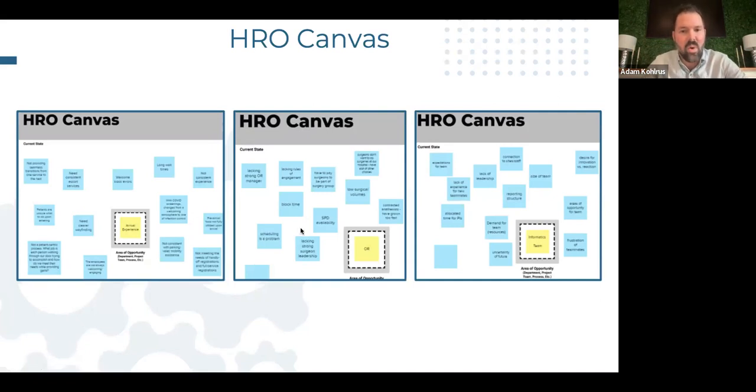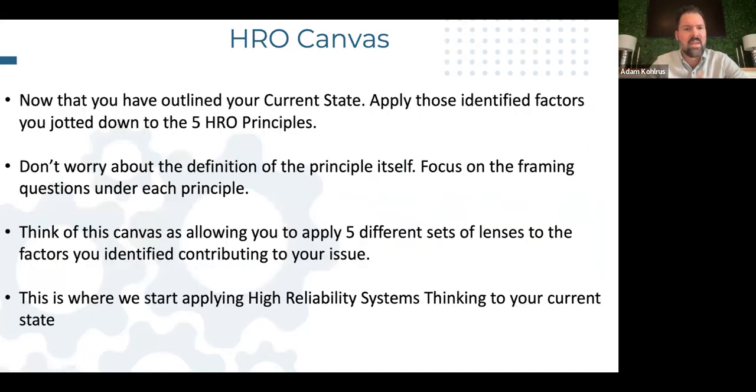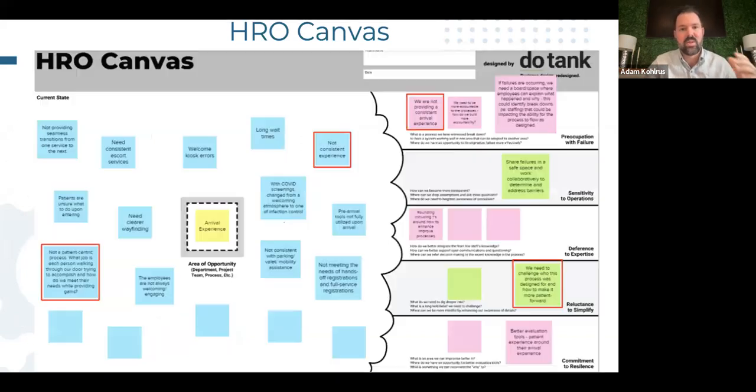So this OR team was saying they have low surgical volumes. They don't have a strong OR manager. Scheduling is an issue. So we're just giving them a chance to brainstorm and dump all the bad things out on the table. And that's the first part of the high reliability assessment itself. And then what we're challenging them to do, and this takes place over several hours and several different sessions, is connect the dots between those issues